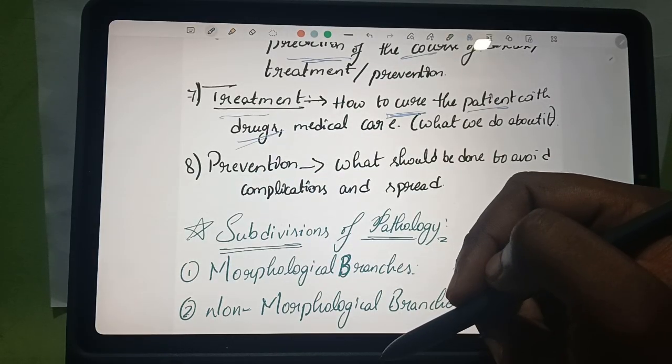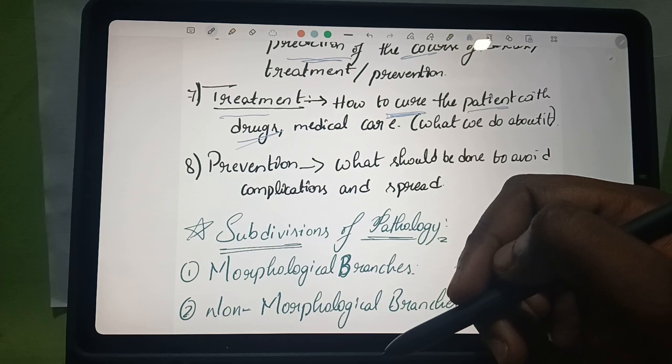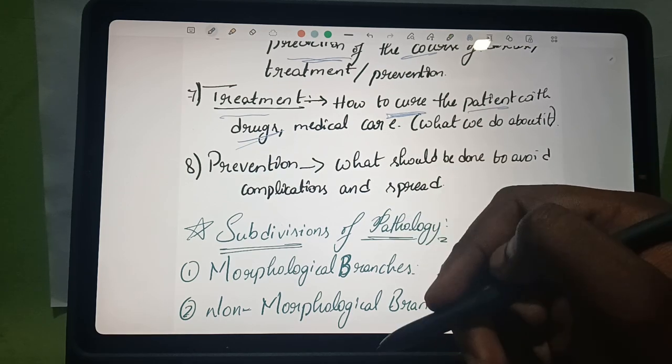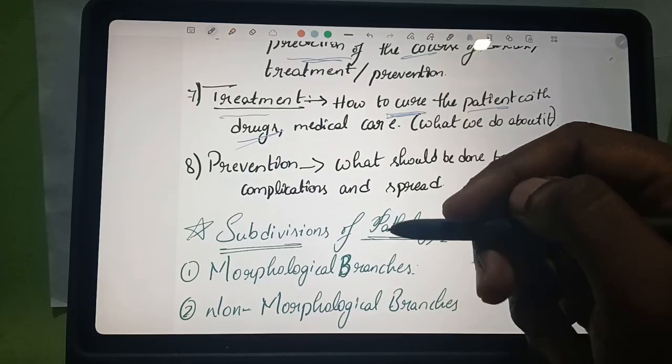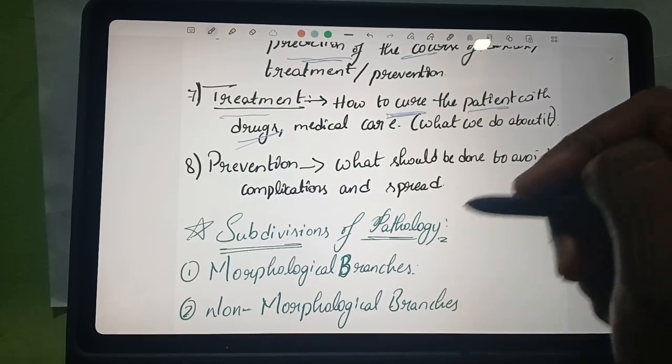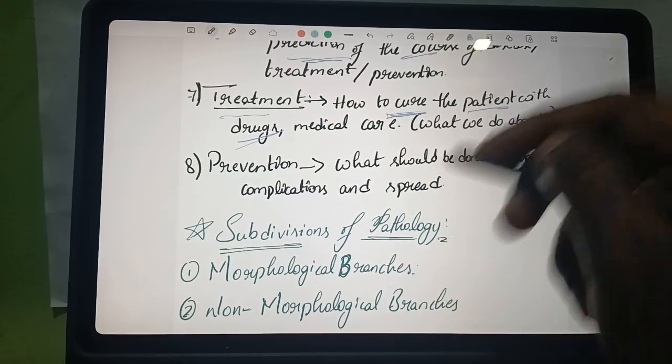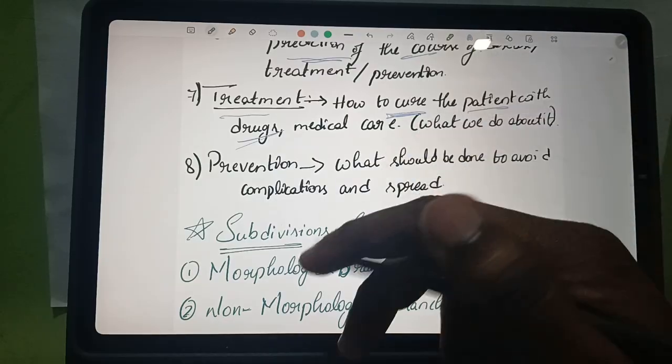Means how we can cure, what drug should be given to the particular disease, and how we go about that disease. How we cure that disease is called as a treatment. Then